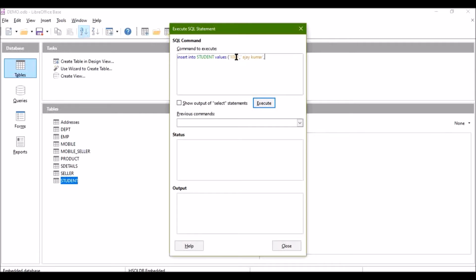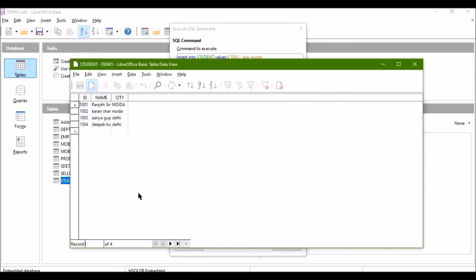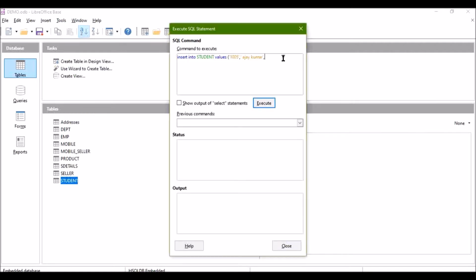Then we will write the name of the city. Then we put a semicolon and execute. Now the command executed successfully and you can see one row is updated.